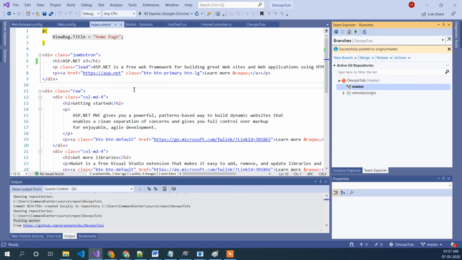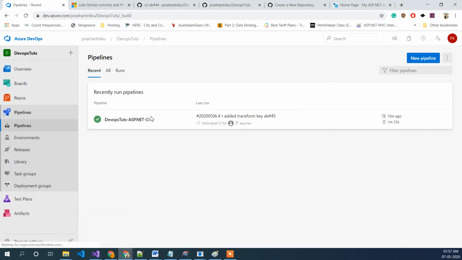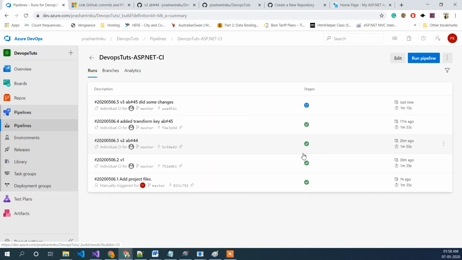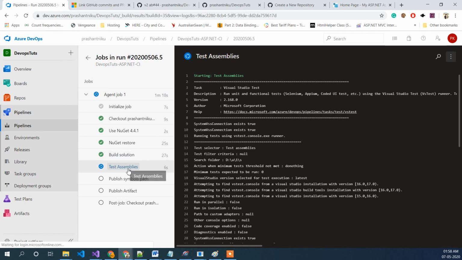So we have defined v3 now, right? Let's get back to this, click on pipeline again. It's showing v3, did some changes just now, so we need to wait here. It's still building it. Where we are, it's inside the test assemblies.